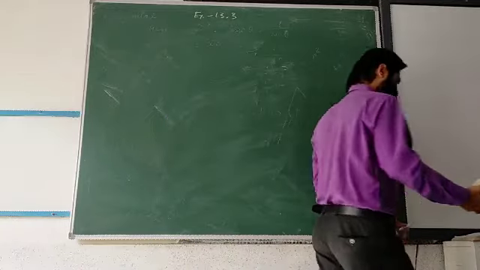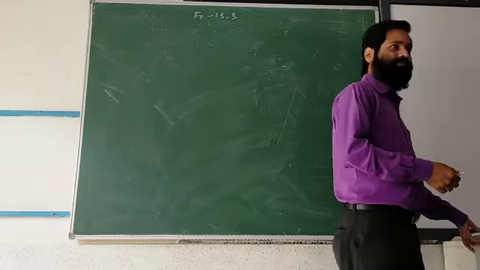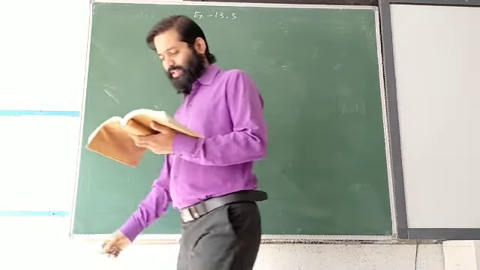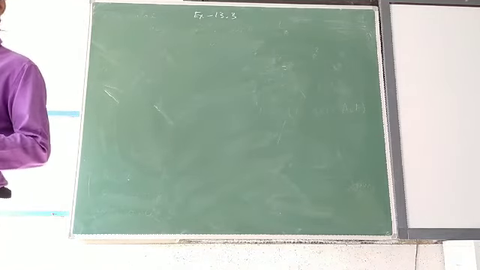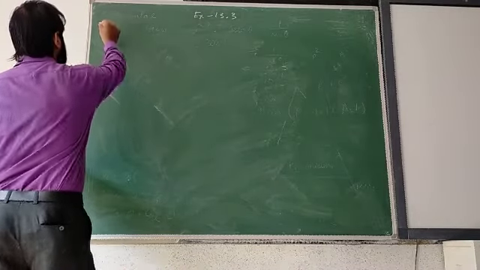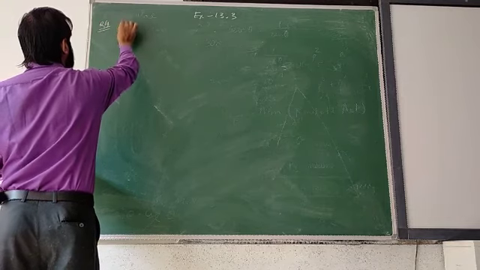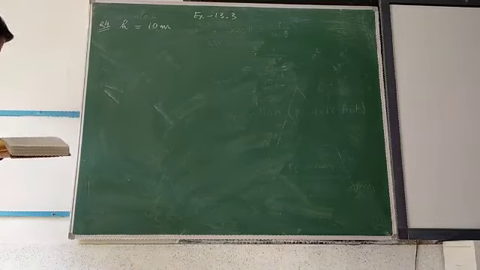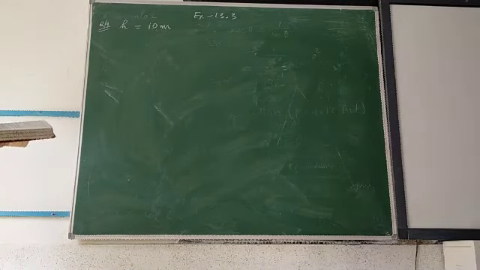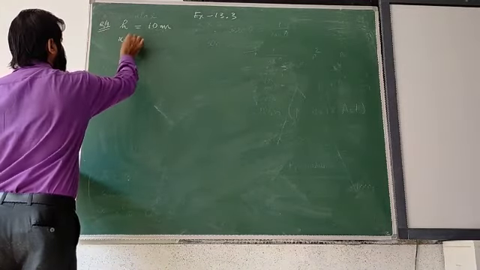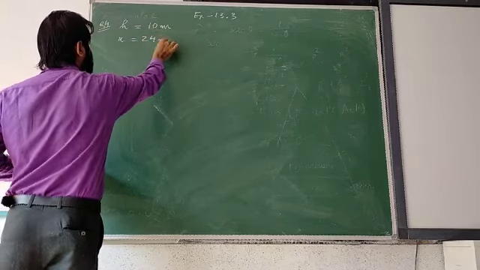Okay. Now question number 4. Ready everyone? Yes, sir. Okay, so the question has been given. A conical tent is 10 meter high. Means height of a cone, it's not slant height. Height of a cone, let it be h, and that is 10 meter. The radius of its base is 24 meter. So we'll say that radius of a cone equals 24 meter.